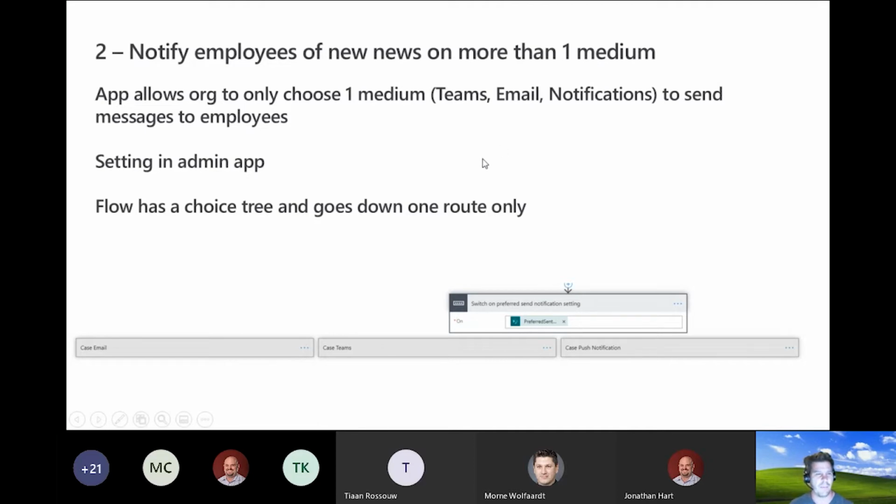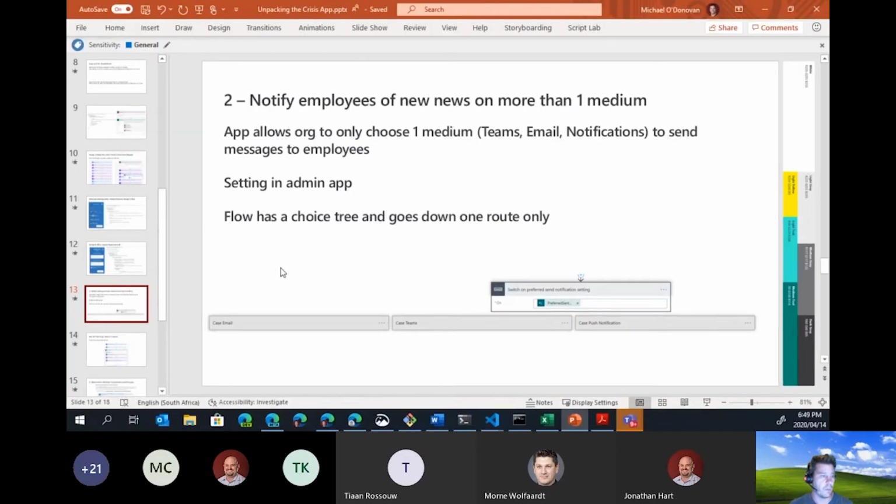So the way it works is it's essentially in the flow that sends out the notification. There's a switch and it looks at the admin setting. And it says, okay, if we've chosen to use Teams, it'll go down this middle path. If we've chosen to use mail, it'll go down this path, or push notifications to mobile devices, it'll use the third one. So it can only do those. And, once again, maybe a little bit limiting. So